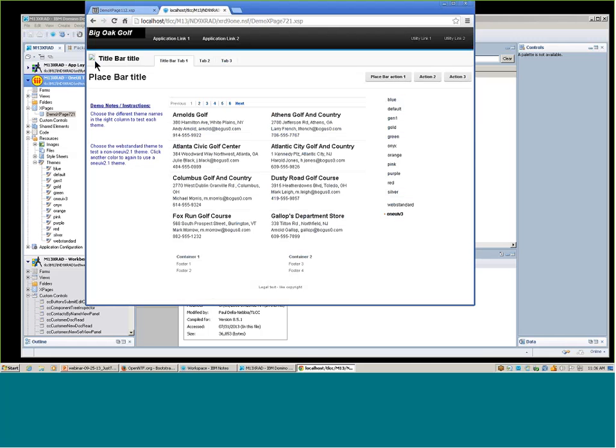This part doesn't seem to be working, but I certainly do like this rendering of these place bar buttons and the tab. They look pretty good as well. So I do like the look and feel of this, and I guess that's just the promise of where things like the application layout can go as new themes are introduced, like support for One UI version 3 theme, or